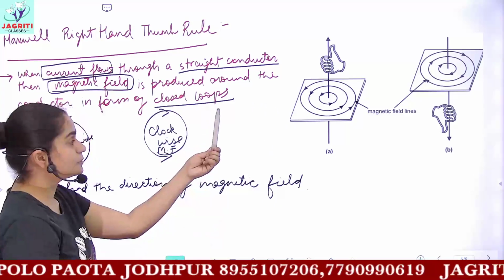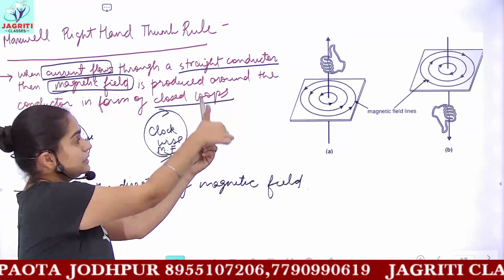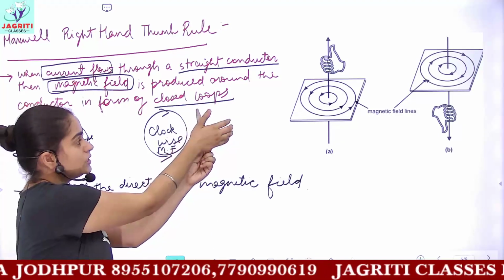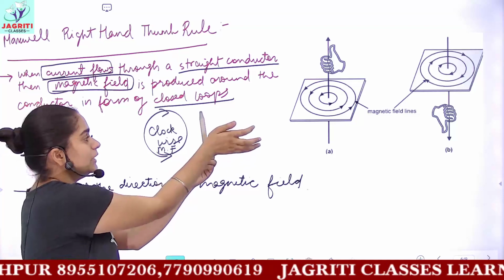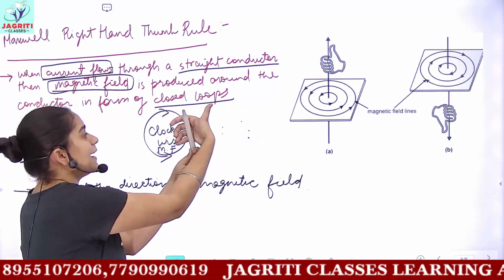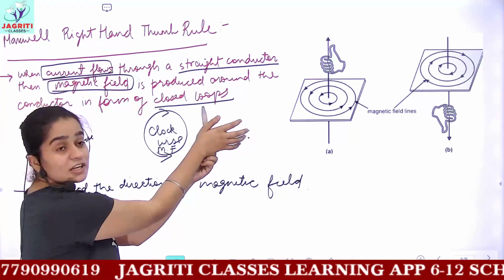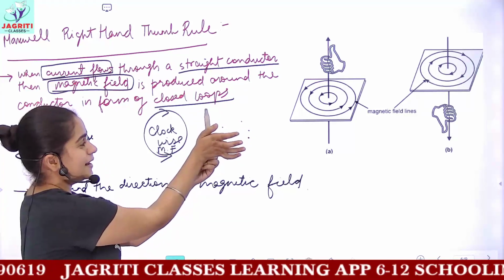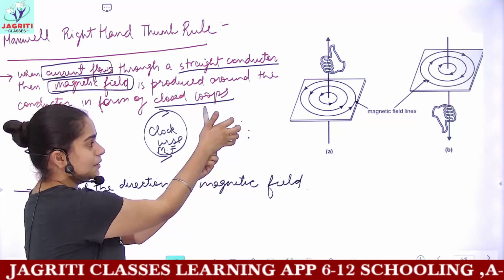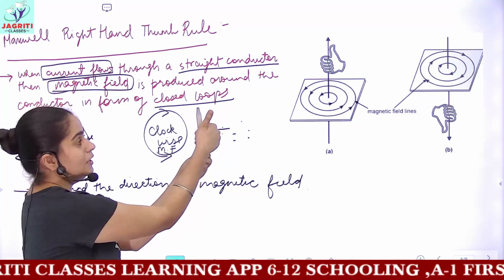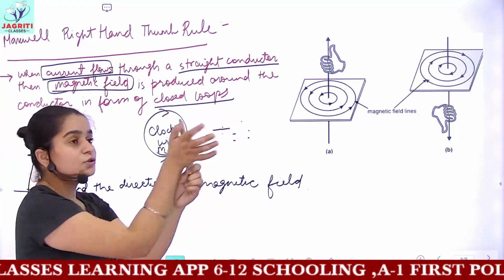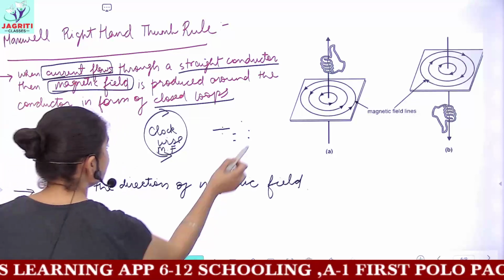Let's suppose this is my conductor. This is the direction of current. So the magnetic field lines are going inside the board, and from the back they are coming outside, because my fingers are curving in this direction. Can you see that these fingers are going inside the board and then coming back here, and the thumb stays above only. So this is the direction of the magnetic field.